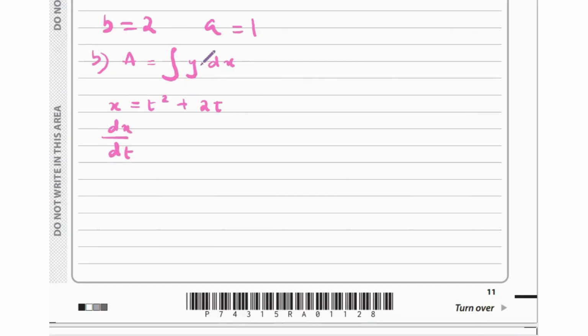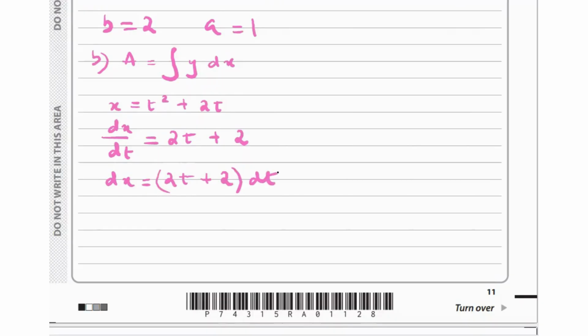Because when you replace y with t, you can't integrate when there's dx over here. We need dt over here. For that, we have to differentiate x with respect to t and then replace the dx with dt. So this is going to be 2t plus 2 and dx is going to be 2t plus 2